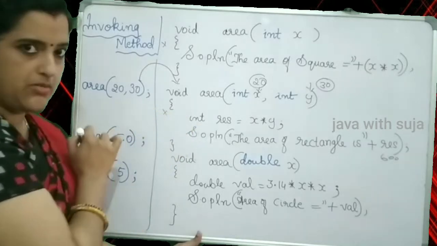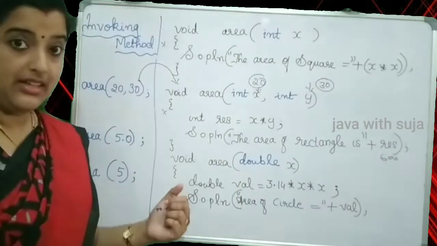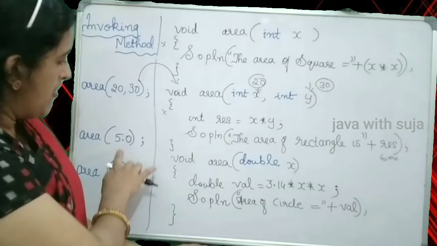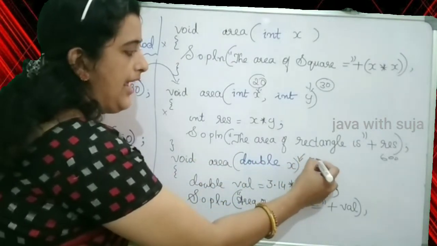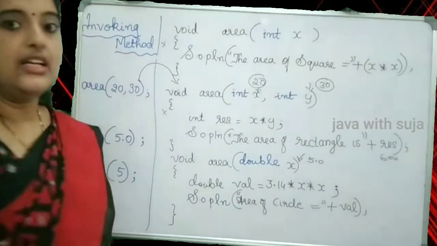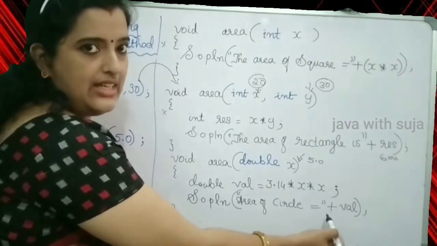So again a mismatch. Now the compiler will compare with the third method definition. Here we get a match, and the value 5.0 will be given to the variable x. This value will be multiplied with 3.14 and your output will be area of circle equal to